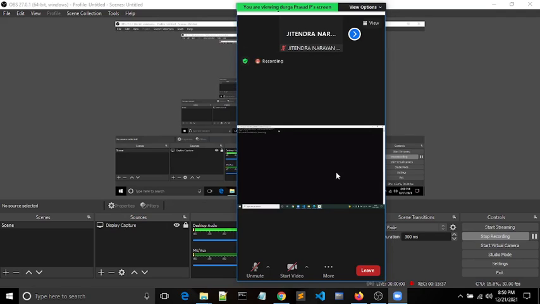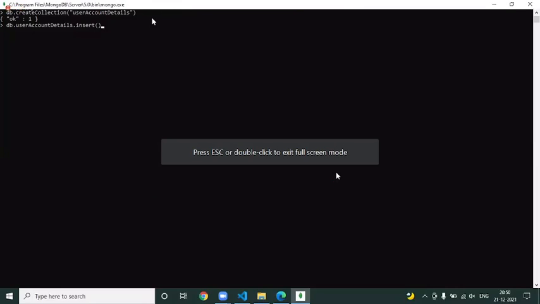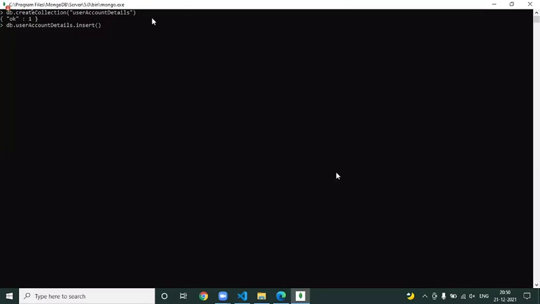And if you see here, for the first command we have given createCollection, where you are not at all specifying the schema of the collection. Schema means the structure. When you go to your RDBMS, before creating a table, you need to specify create table so and so with what columns you have.